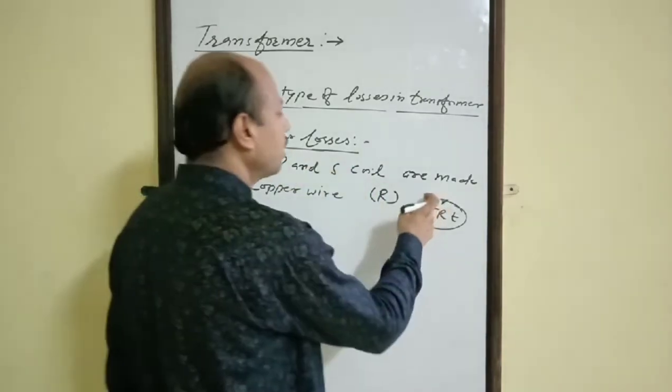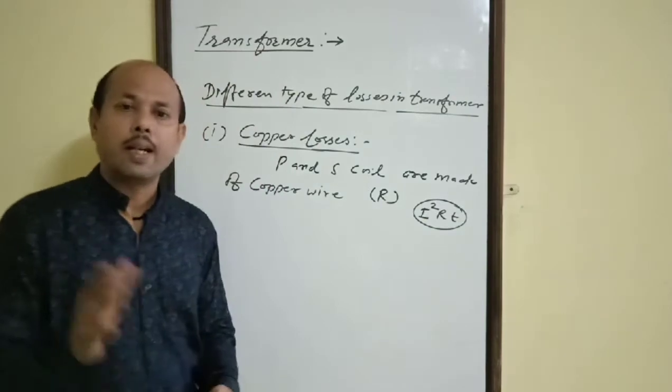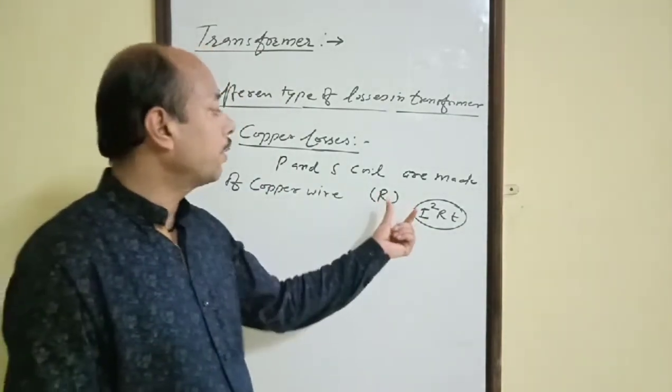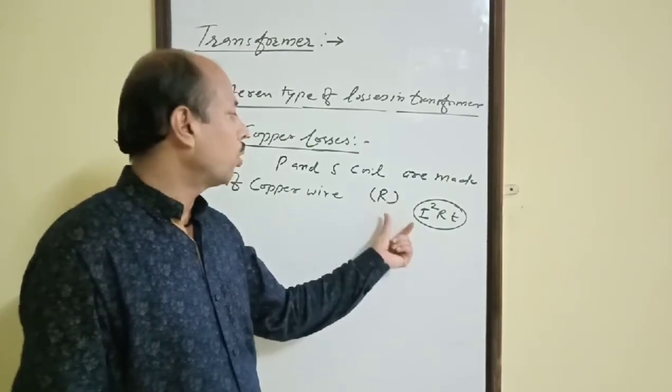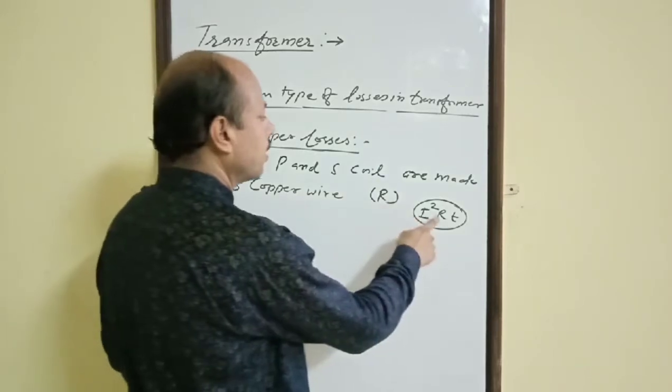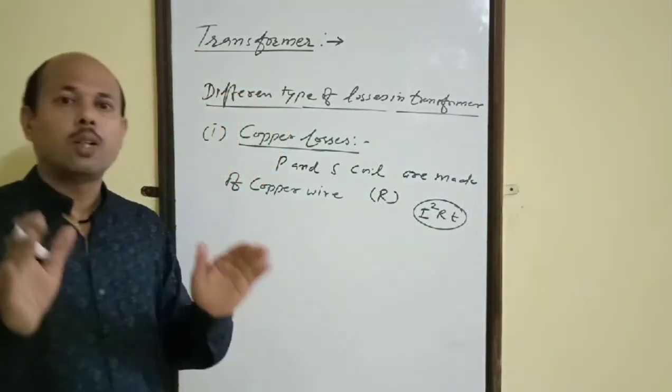Therefore, due to this Joule's law of heating, the energy will be lost in the form of heat that we do not want. We do not want that it produces more heat, but due to this resistance R, there will be some loss of heat.